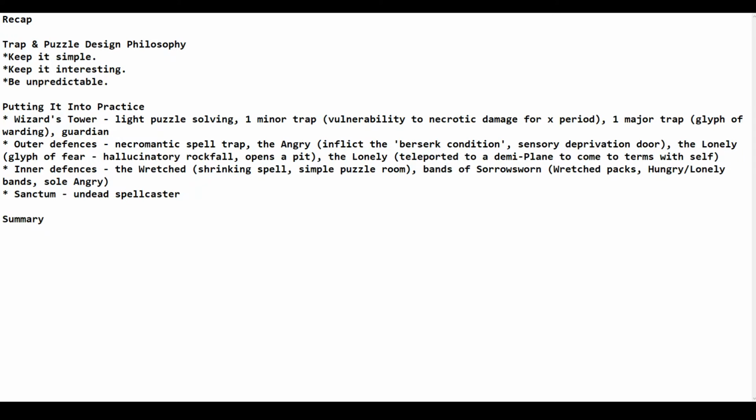So last week I discussed dungeon design and how I approach dungeon design, and some guidelines for creating interesting and cool dungeons, and I use those to construct the example given there. As a recap, the intention is for the players to infiltrate an undead spellcaster's lair, probably going to be an undead warlock,